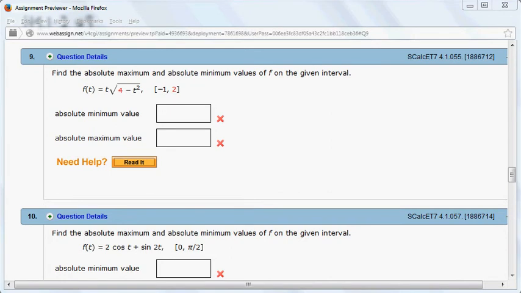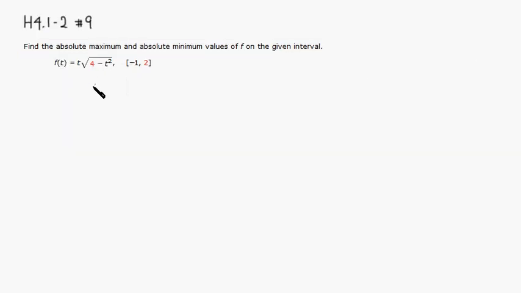Okay, let's look at the homework 4.1, 4.2, number 9. Alright, so we want to find the absolute max and absolute min of this given function here. Alright, let's do that. Alright, so first thing I would do is I don't like square roots, so I'm going to rewrite it as